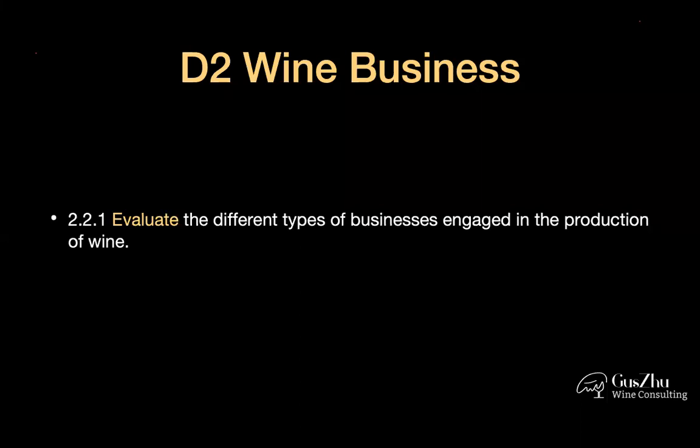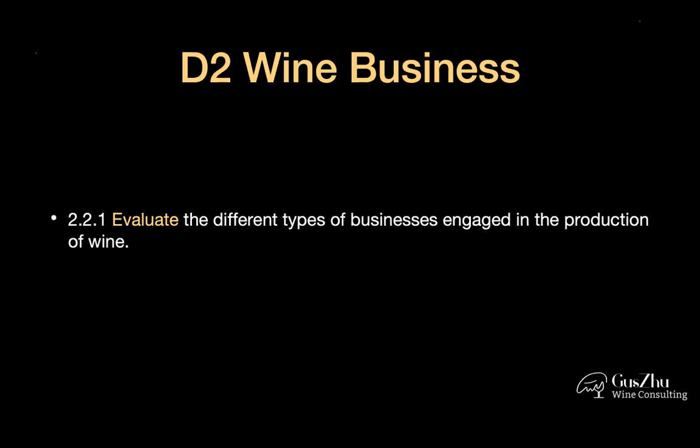And for cooperatives, okay, don't consider cooperatives are all producing lower quality, high volume wines. Certain cooperatives can produce a lot of premium quality wines if they do it correctly, right? Like Les Chablisiens, okay, like the cooperative Produttori del Barbaresco, those kinds of cooperatives, they are very high quality cooperatives. All right, you need to evaluate them so that during the D2 study,